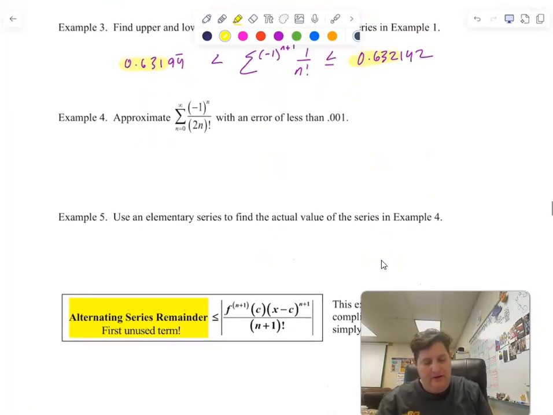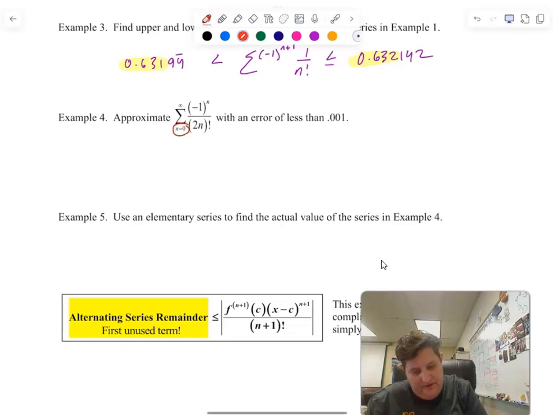Approximate that with an error of less than 0.001. Okay, I'm going to write out a couple of terms of this. Again, this time I'm starting at 0, and negative to the 0 is positive. That would be 1 over 0 factorial. When I plug in 1, it would be negative. That would be 1 over 2 factorial. When I plug in 2, it would be positive 1 over 4 factorial, negative 1 over 6 factorial, positive 1